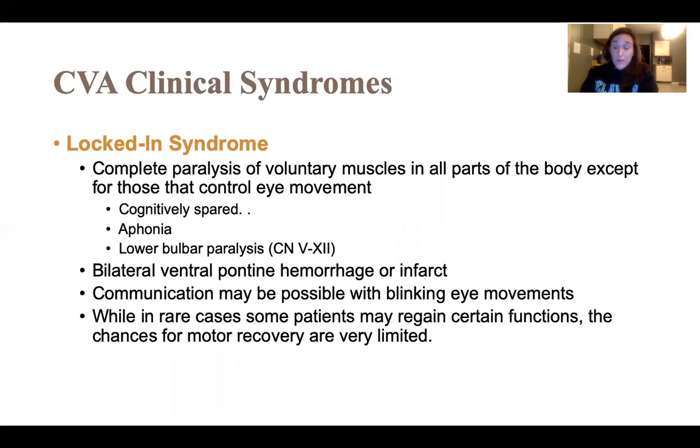So it's difficult to really assess, but it is believed, based on testing and following these patients and just looking at the anatomy, that their cognition is largely spared. So these patients are literally locked in their own bodies. Locked-in syndrome can be misdiagnosed as a coma or a minimally conscious or vegetative state. So that happens,